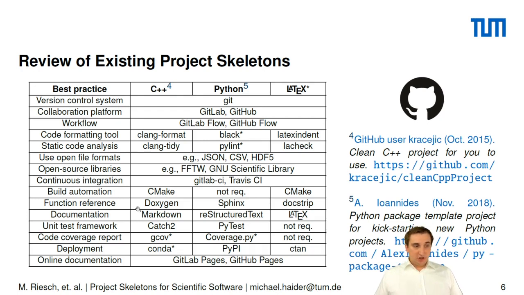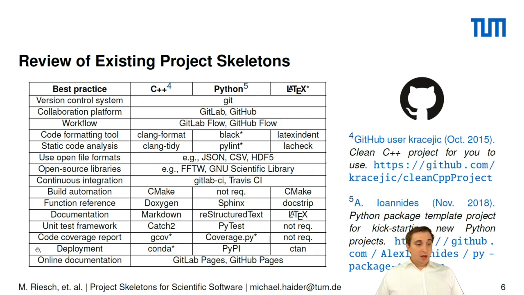Then you see the function reference here: Doxygen, Sphinx, Docstrip. For documentation: Markdown, reStructuredText, and LaTeX itself. So it's quite common to use LaTeX to write the documentation for LaTeX modules. So this refers to the big picture documentation here. Then it's also important to do unit tests. So there's Catch2, PyTest, and code coverage reports using gcov or